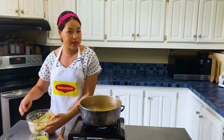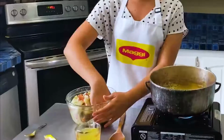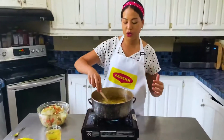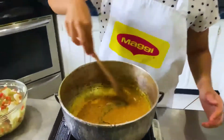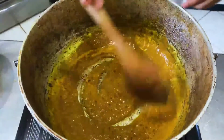I made my green seasoning from scratch. I hope you guys make it too. Right, so come in quickly and let me show you guys how good my paste is looking. It has thickened up quite a bit, and you can start to see that the oil is releasing from those